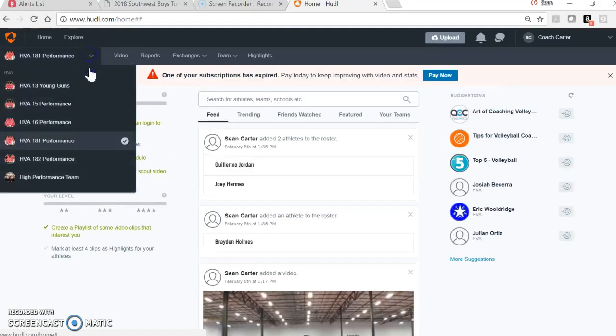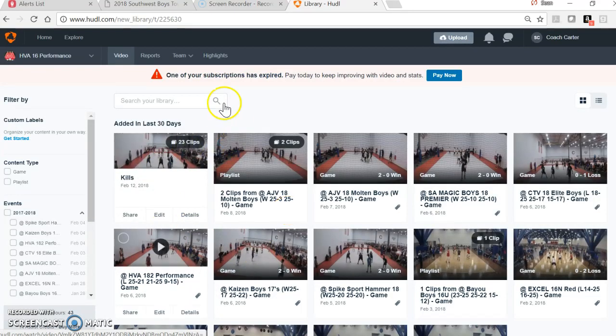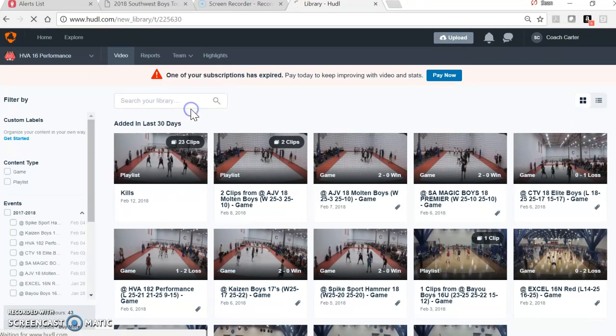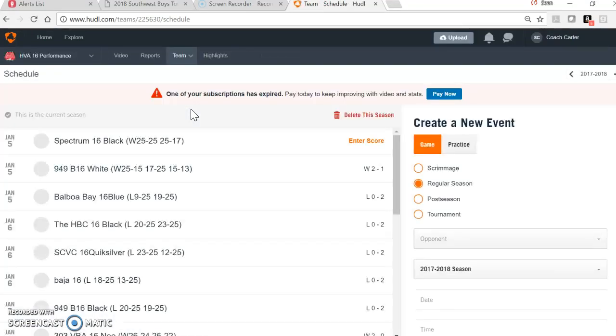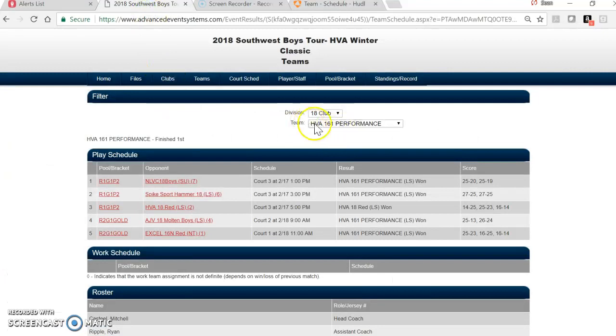At any rate, let's say that we're going to do this for the 16 performance. You can see that they already have a number of videos up. I first go up here to schedule under team, and I need to create the schedule from this past weekend. You'll see all the old ones are there, all the way up through our previous tournament. So I go to AES and I pull up the team, and I pull what we did this last weekend,